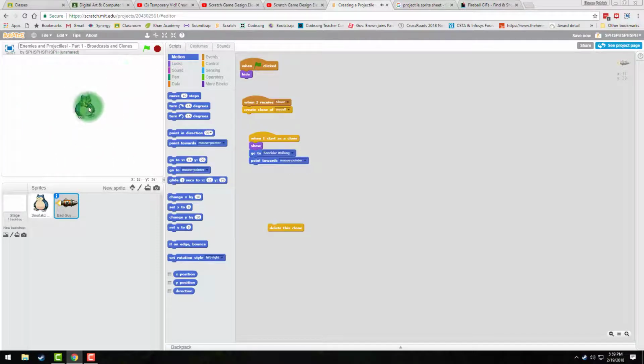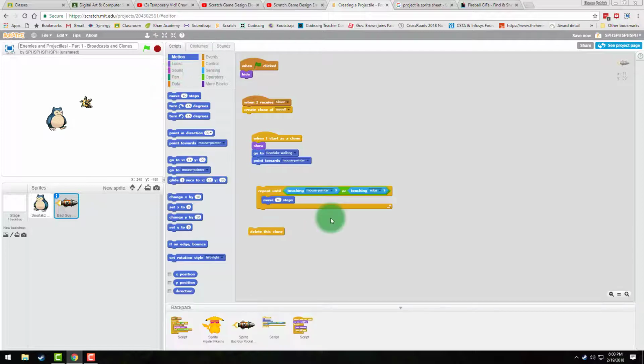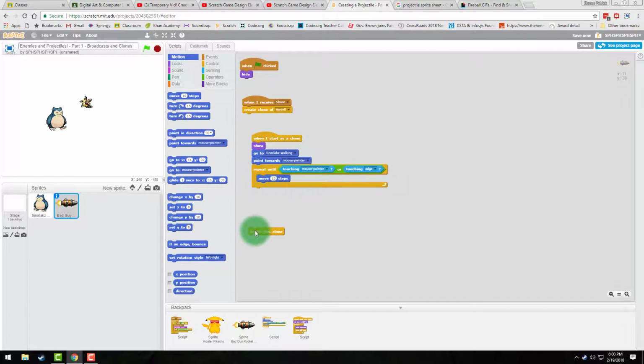Now, you may notice something silly is all these clones are starting to just appear on top of him. So we obviously need to do a couple different things. All right, so what we want to do is bring in a repeat until block. And so we'll do repeat until touching mouse pointer or touching the edge. It's going to move 10 steps. So if we attach that, and then afterwards, we're going to delete this clone. So it's really important that you have some code to delete your clone. When we press play now,